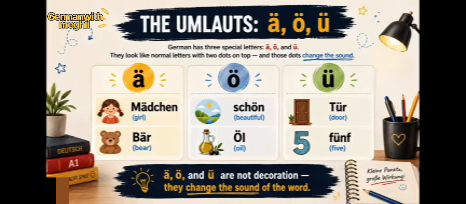Bär means bear. Now listen to ö. This sound is very German. You hear it in schön. Schön means beautiful, and you hear it in Öl. Öl means oil. Now we have ü. You hear it in Tür. Tür means door, and in fünf. Fünf means 5. So remember, ä, ö, and ü are not decoration. They change the sound of the